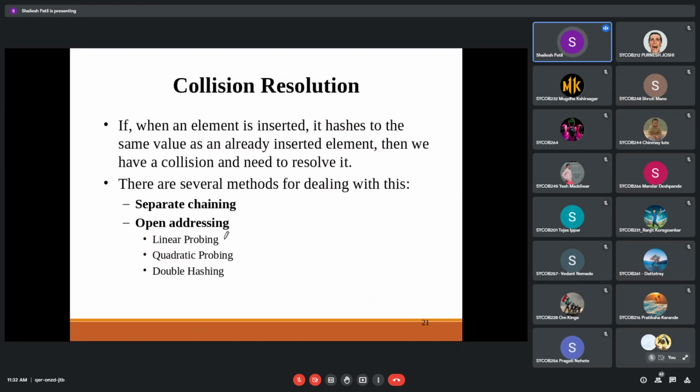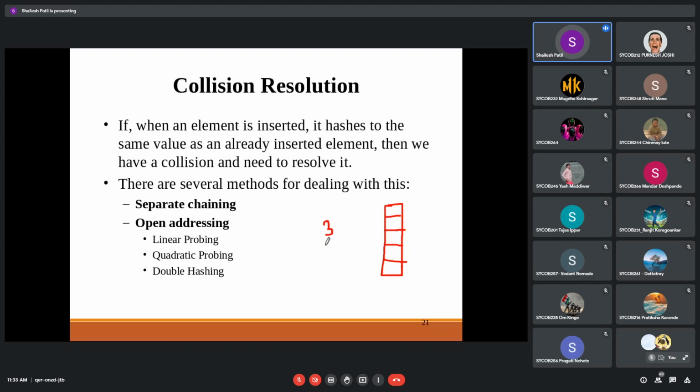Now there are a few collision resolution strategies. We have already seen those, so I think we need not cover again what collision is and how the hash is inserted. I think you remember that, we did it before Diwali. What is hashing? What is collision? Yes, sir. Okay, so I will just revise.